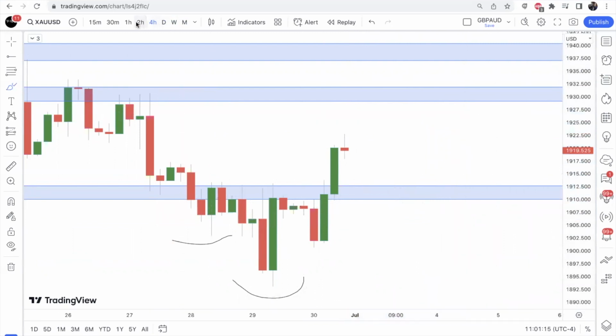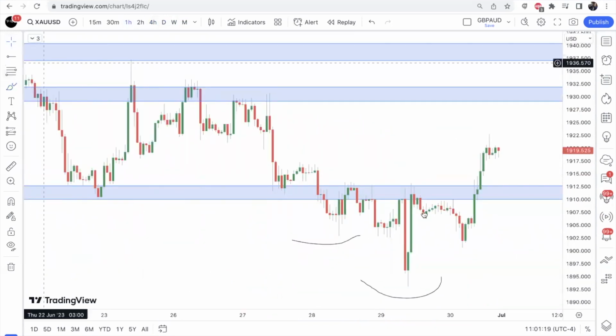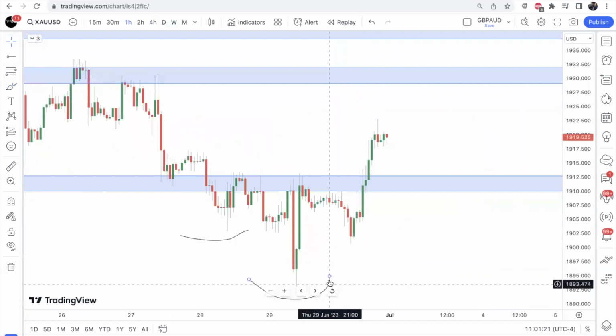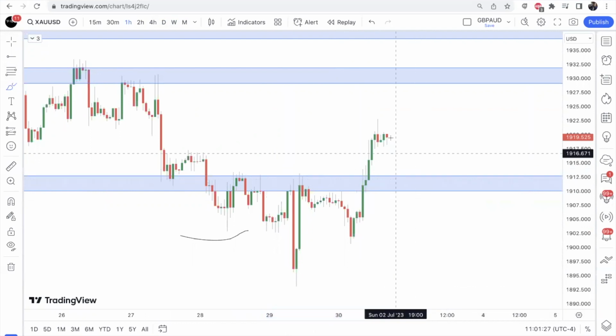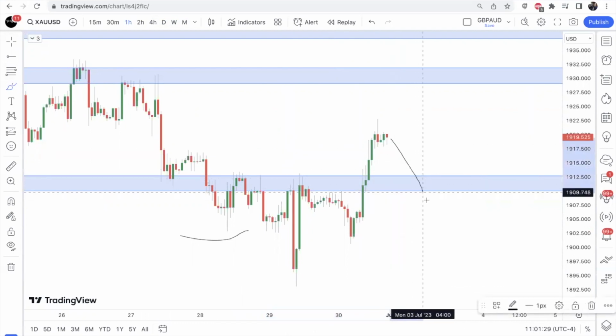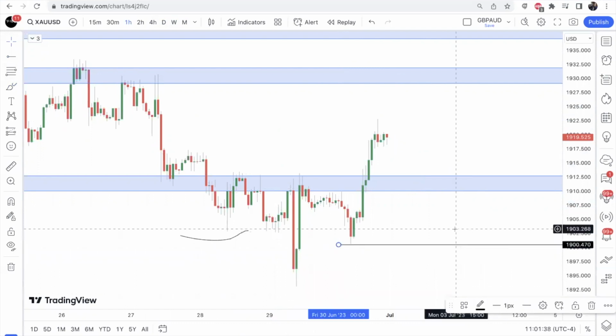All right, so I would like to see definitely at least price retest, because this will be considered the neckline of structure right here of this inverted head and shoulders. So at least definitely see price retest structure here, but we could possibly come a little lower. All right, but overall, as long as price stays above this shoulder, then we're still bullish.